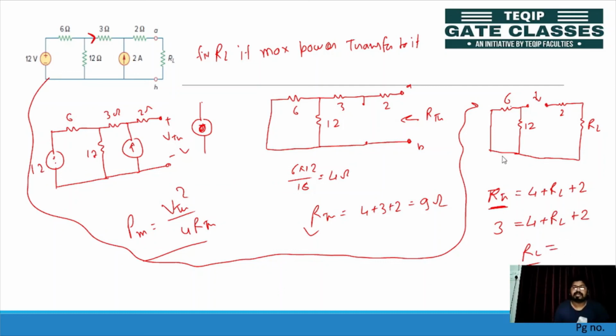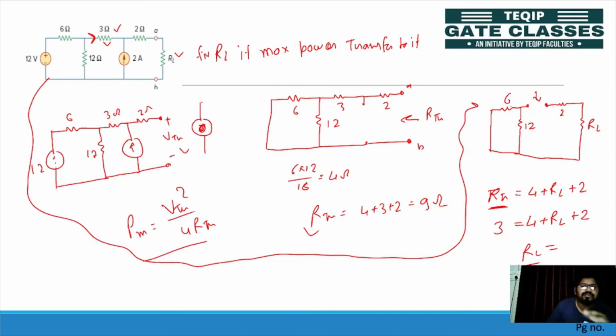So this can be the different question. You have maximum power transferring in this branch, but you have to find this resistance. So this is your load. You have to open this terminal and find RTH here, and set that RTH equal to this load, and find the resistance. Okay, so this is all for your first year syllabus. These 4 theorems are enough. So we have studied Thevenin, Norton's, superposition, and maximum power transfer theorem.